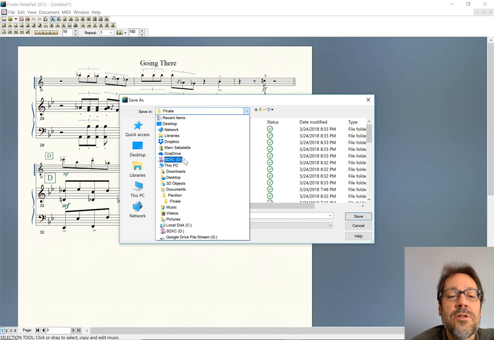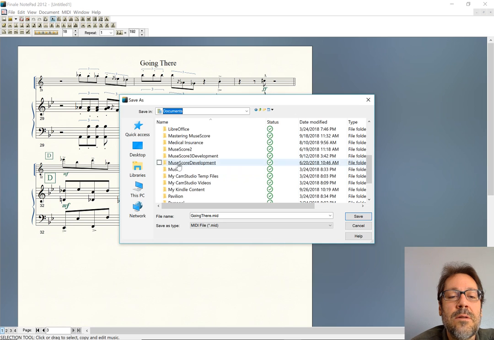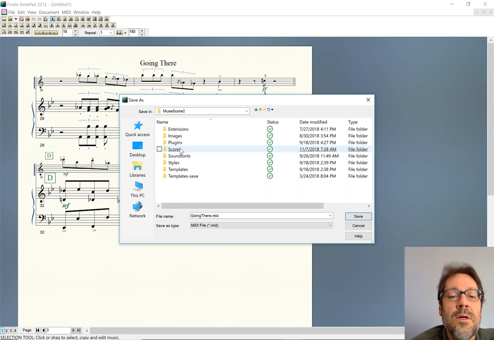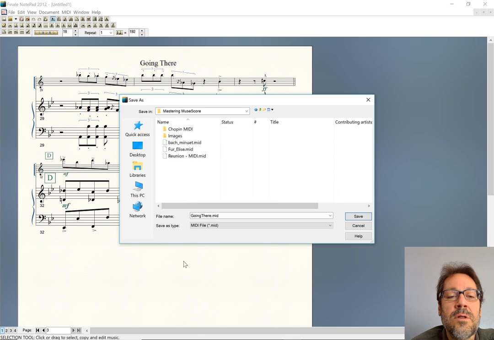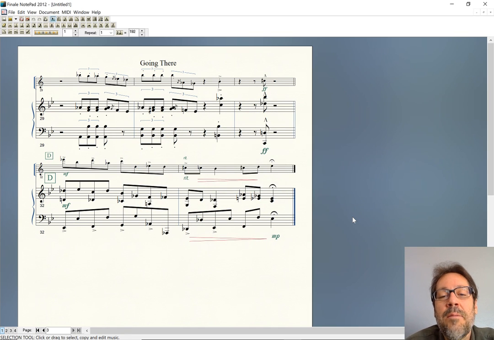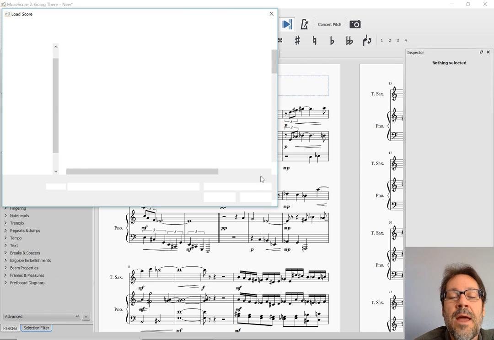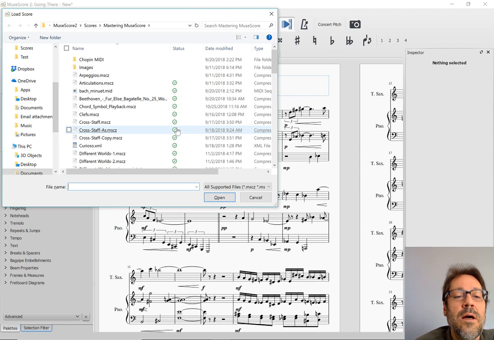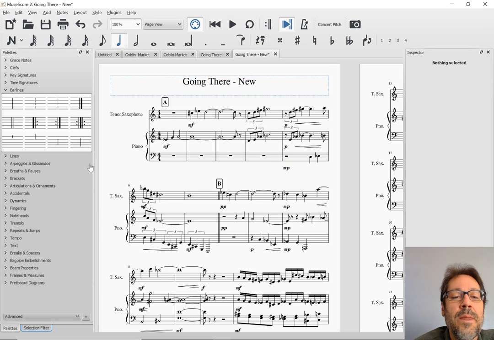Let's go to that same folder. It was in my documents, Score 2, scores, and then MuseScore. Going there, MIDI. All right. I'm going to go ahead and load this in, and you'll get to see how limited MIDI is in comparison. So when I import from MIDI,